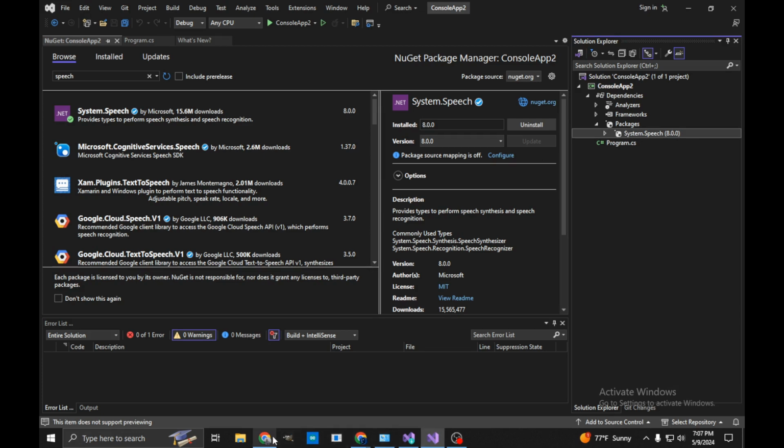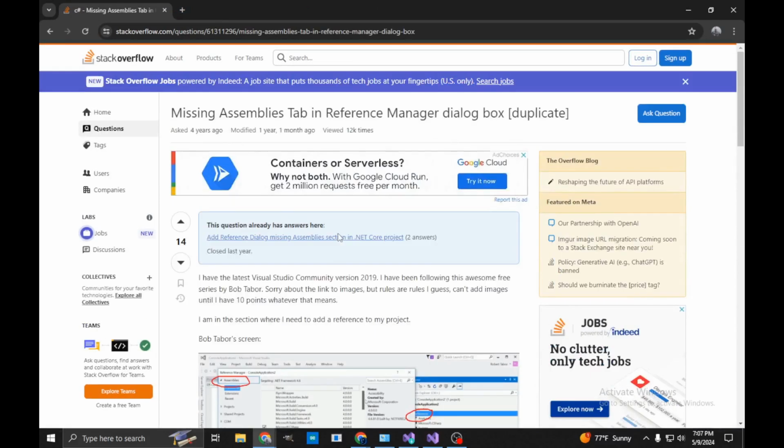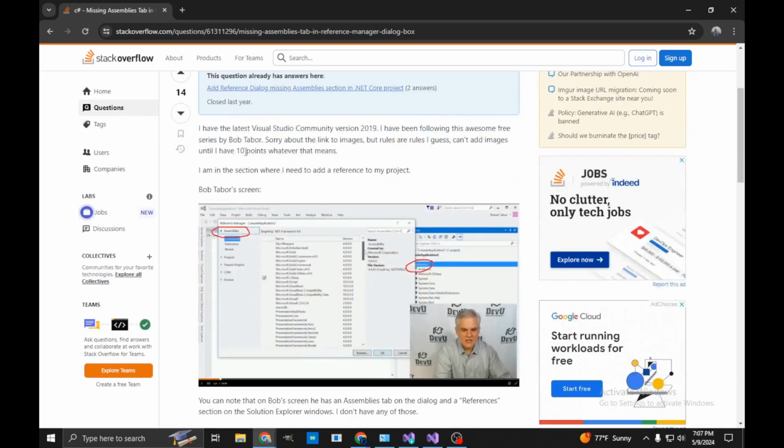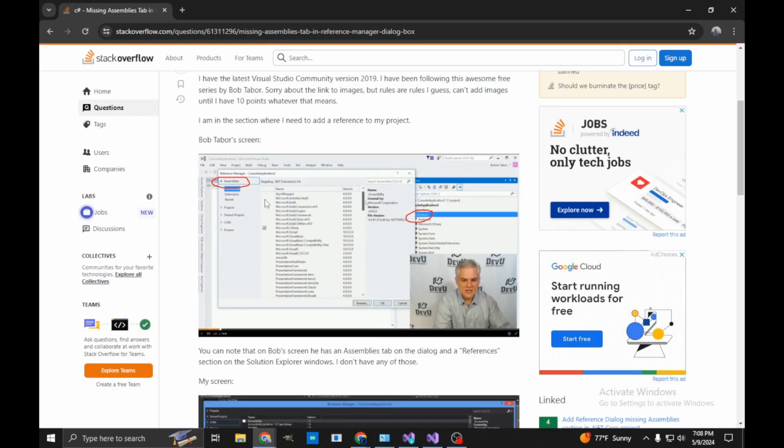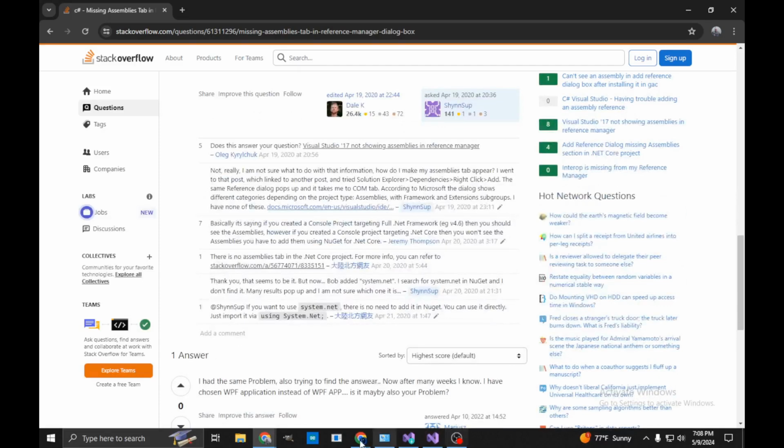So I tried to figure this out for a long time, and I was following stuff like missing assemblies tab and reference manager dialog box. I had the latest Visual Studio 2019. You know, same story, trying to follow some stuff, and then you see he's got this assembly stuff. Couldn't find it. So once again,